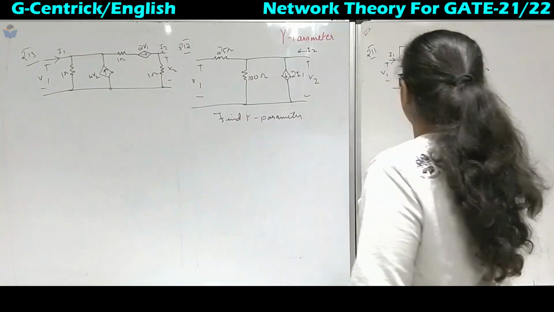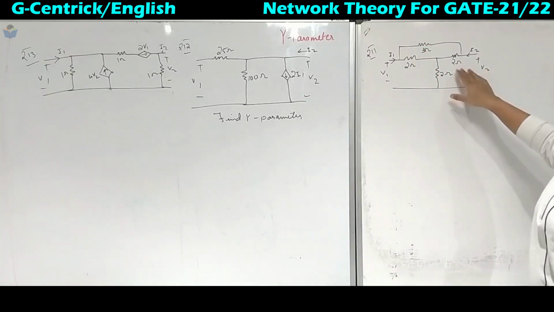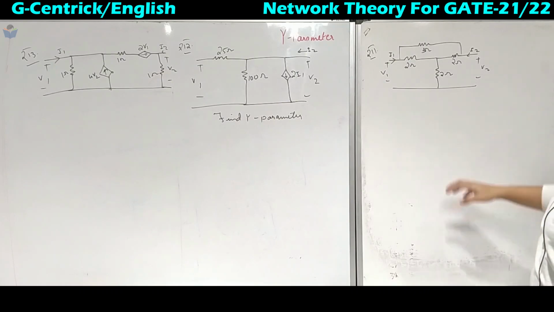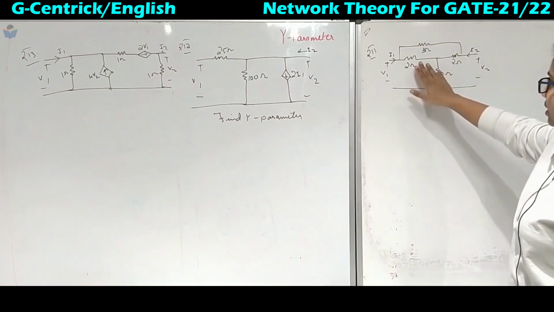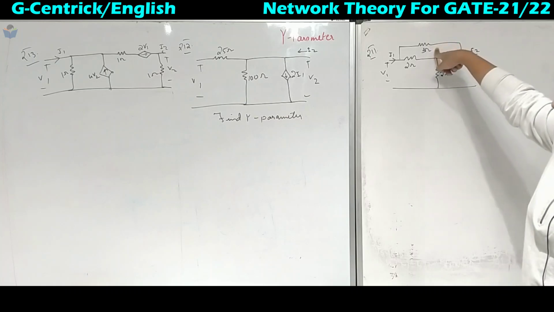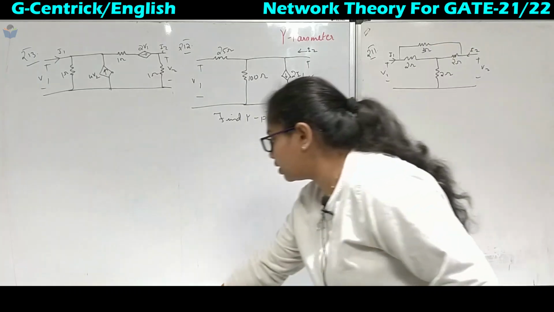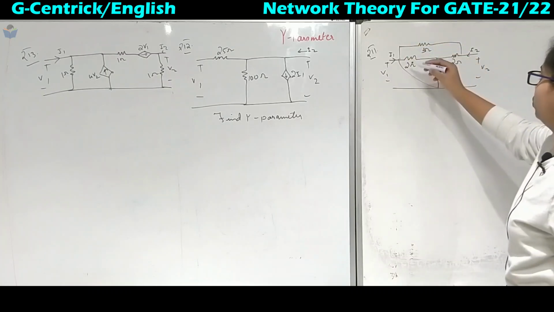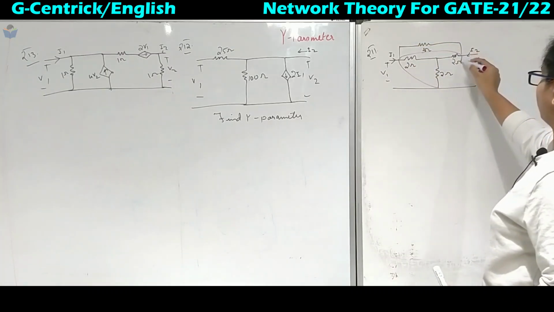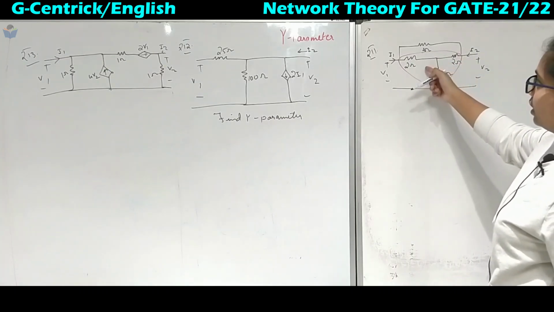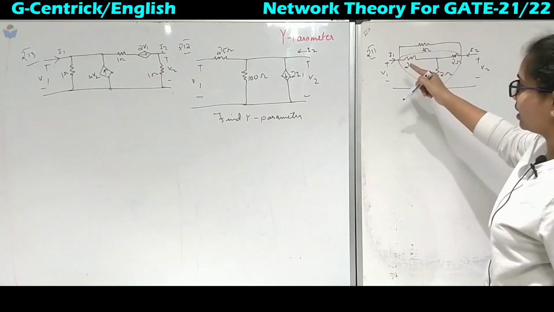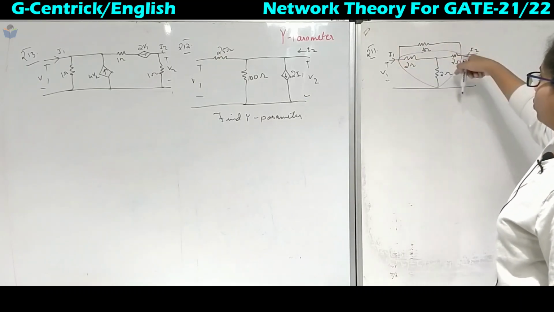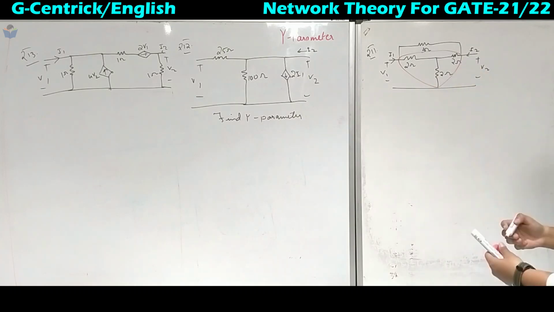Okay, so now this is already in delta form. This pair is delta, but here we have got the T form. So now we will keep this as it is. We will not disturb the 3 ohm bridge. Taking another approach, we can convert this T network to a delta network. Converting this T to delta, then converting again to delta will be secondary, and it takes very much time. So this bridge network, 3 ohm, let it be like that. So we will convert this one.